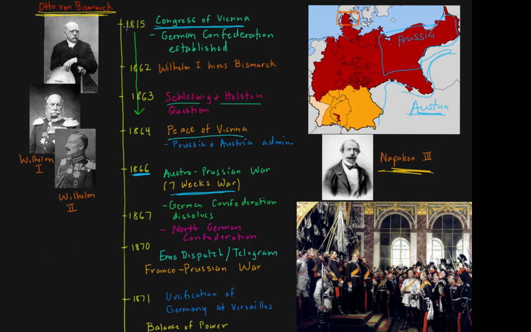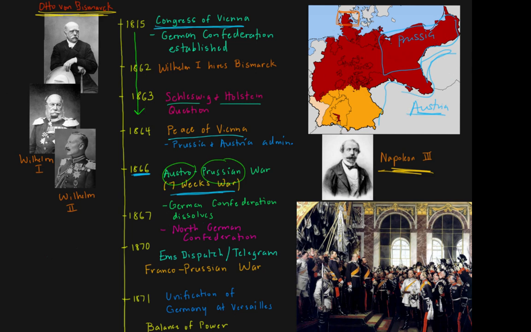So Bismarck cuts a deal with the Austrians, and he says, okay, in exchange for our stopping the invasion, you're going to become our friend again. And that's essentially what happens. Austria and Prussia surprisingly become allies again. And Bismarck has once again proved that Prussia is number one. He's proved to Austria who the boss is. And Prussia now kicks Austria out of this German Confederation.